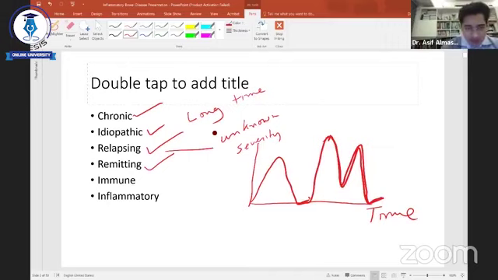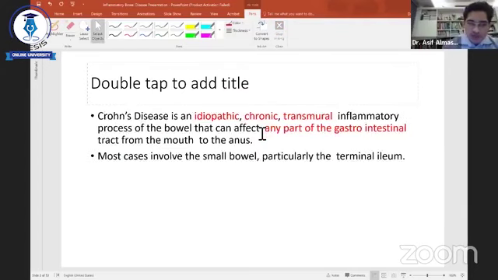Immune, that means the immune system has something to do with it. And inflammatory, you can understand it's a chronic inflammatory disease. So this is sort of a definition of Crohn's disease, which is quite similar if you look at it. Crohn's disease is an idiopathic, that is, of unknown cause, chronic, transmural